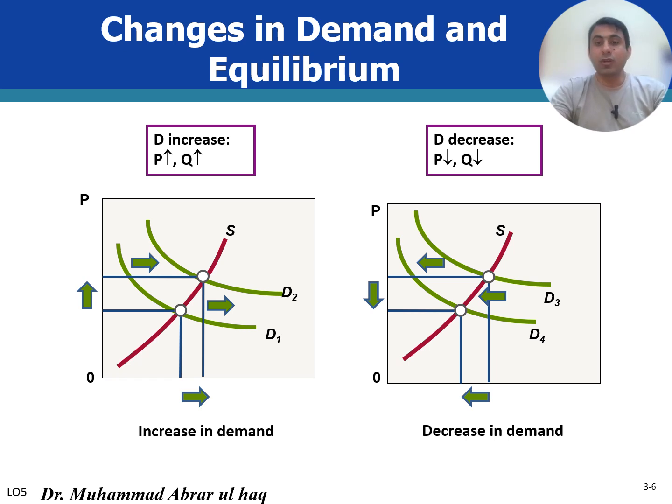Simultaneously, the equilibrium quantity exchanged, which is the amount bought and sold at these new higher prices, will also increase. This dynamic illustrates the basic law of demand and its effect on market equilibrium. As the demand increases, both price and the quantity exchanged will rise, assuming no simultaneous shift in the supply to offset this demand increase. And vice versa, on the right side diagram, a decrease in the demand leads to a